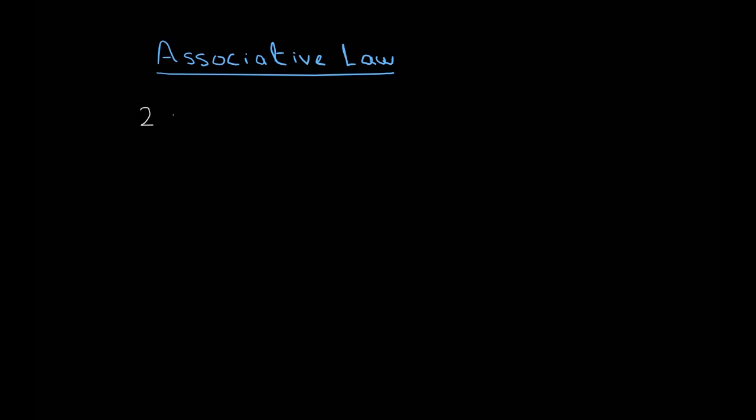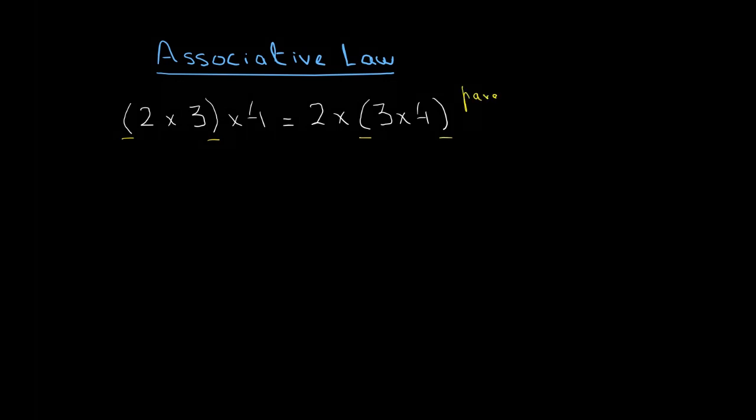Let's think about it. It says something like this, that (2 multiplied by 3) multiplied by 4, I'll explain this calculation to you in a second, is equal to 2 multiplied by (3 times 4). So these yellow things are called parentheses. And the parentheses mean essentially, and we'll talk about them more later on, that you're supposed to do this calculation